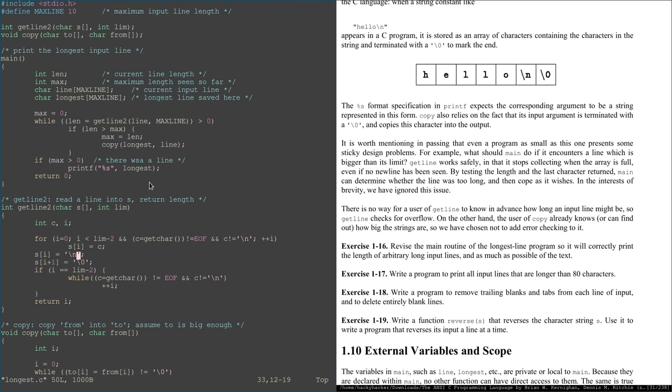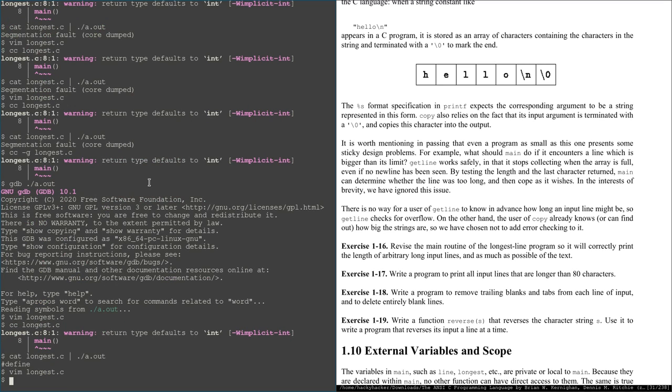Okay, so that still didn't work. I mean, at least it didn't segfault, but